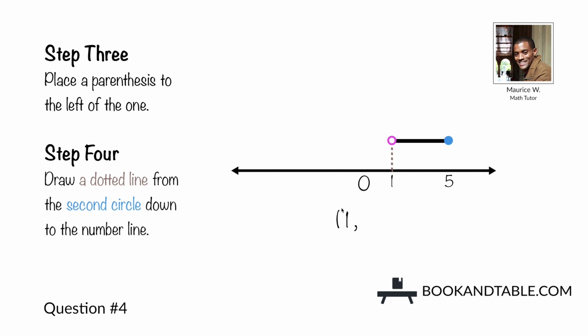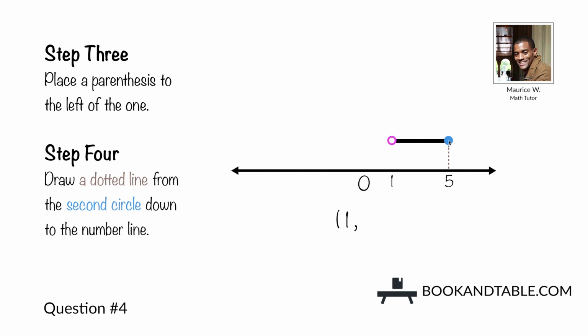So step 3 is to place a parenthesis to the left of the 1 with our comma to separate the first value and the second value. Step 4, draw a dotted line from the second circle down to the number line. So this helps us establish that the largest value in this set is 5. So it's the values larger than positive 1 but not including 1, so parenthesis 1, all the way up to